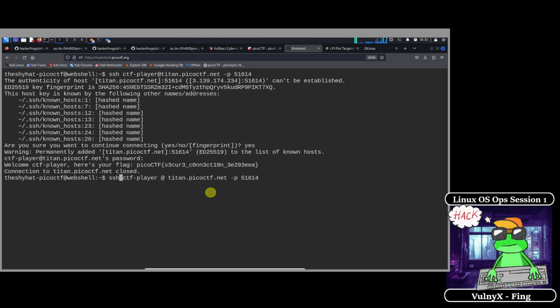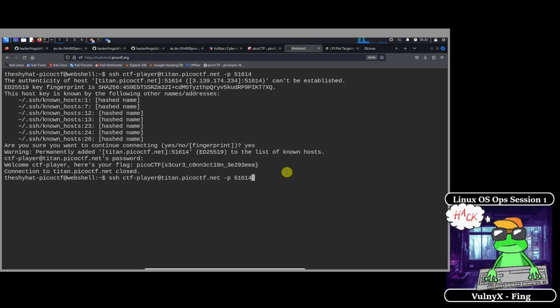So it should be ctf-player and then the @ symbol and then titan.picoctf.net. Make sure that this is all together and that there are no spaces in between. So it's ctf-player at titan.picoctf.net.